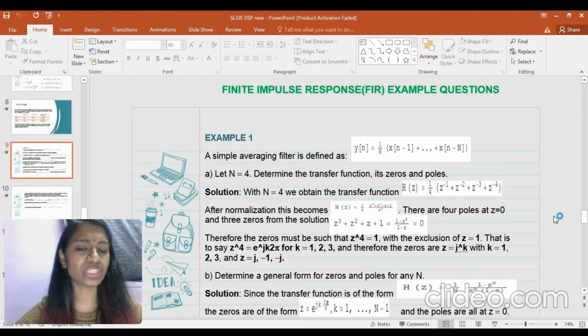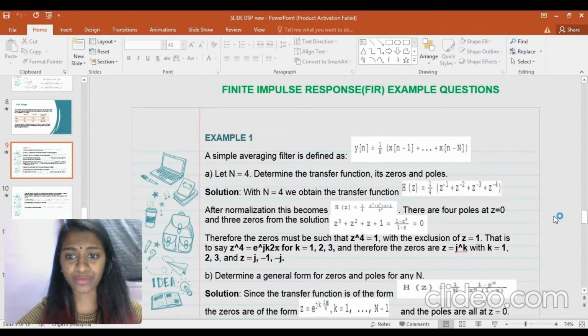So the solution is, with N equal to 4, we obtain the transfer function H(z) equals 1 over 4 times z to the power of -1 plus z to the power of -2 plus z to the power of -3 plus z to the power of -4. After normalization, this becomes H(z) equals 1 over 4 times z cubed plus z squared plus z plus 1 divided by z to the power of 4. There are 4 poles at z equals 0, and 3 zeros from the solution, z cubed plus z squared plus z plus 1 equals 1 minus z to the power of 4